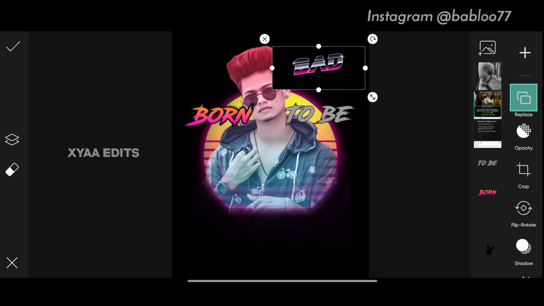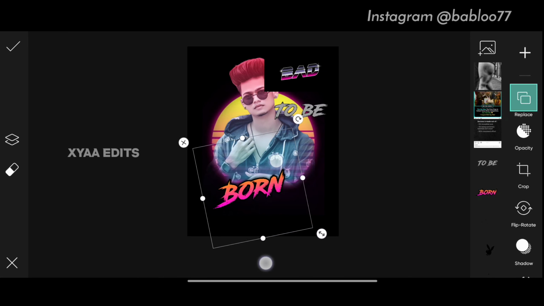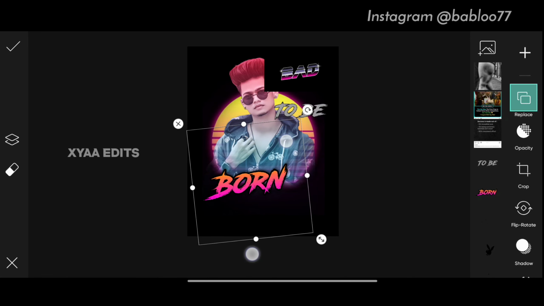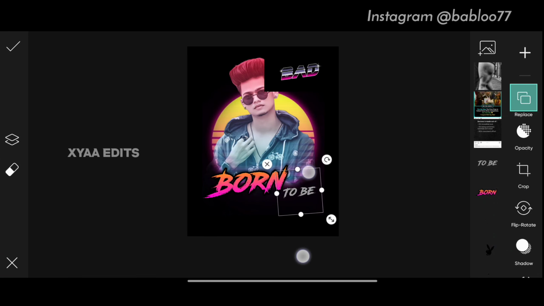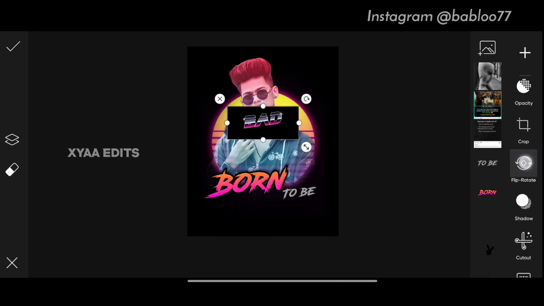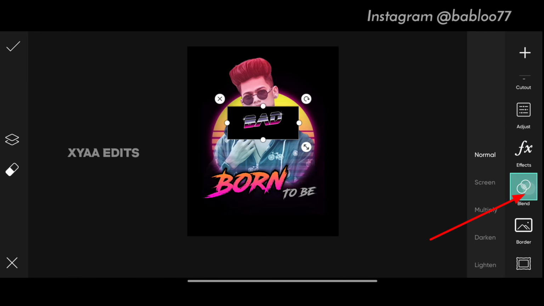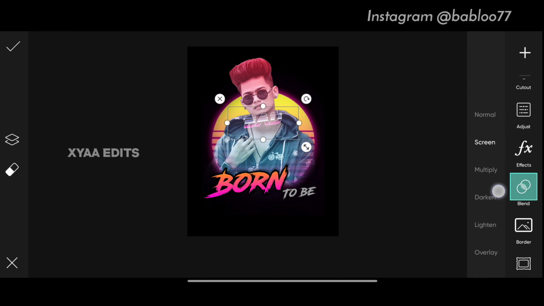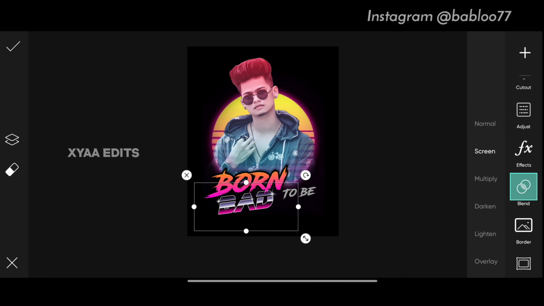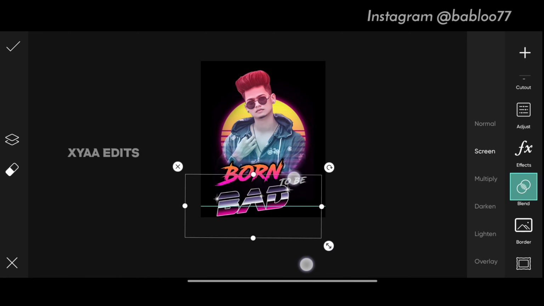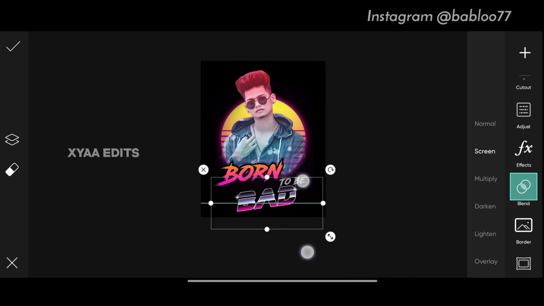The text PNGs, keep this bird aside. Now bring this text perfectly in this portion here and bring this text here and tap on this. Now go to blend and make it screen, zoom in, and you have to arrange it on the bottom portion here.